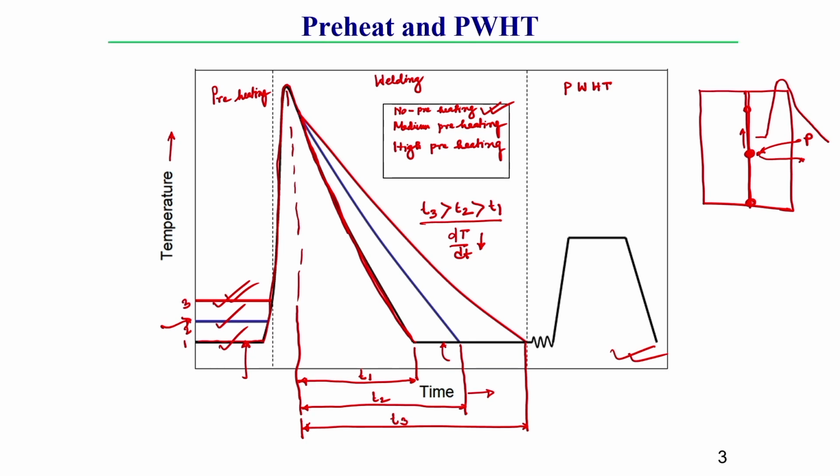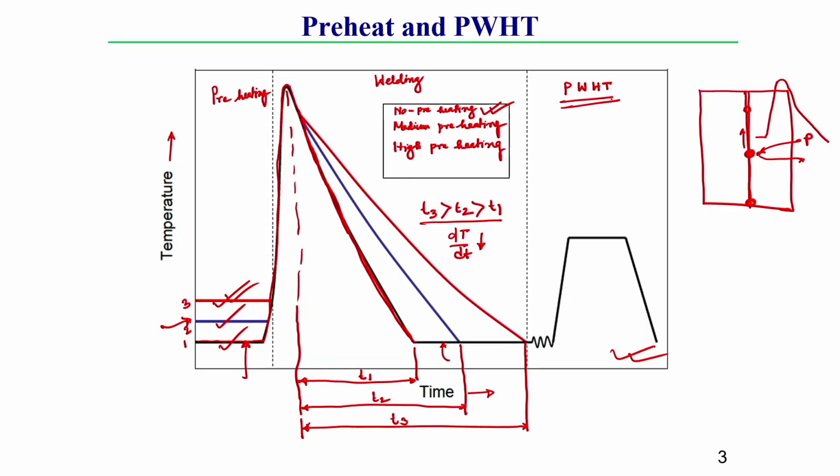Now, after these advantages from preheating, sometimes in your weld zone there is a chance of some remaining martensite, or some non-transformed austenite can also be there. That is why, after completion of welding, the weld specimen is required to undergo another type of heat treatment. That heat treatment is generally known as post weld heat treatment.